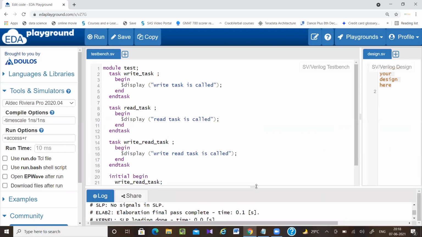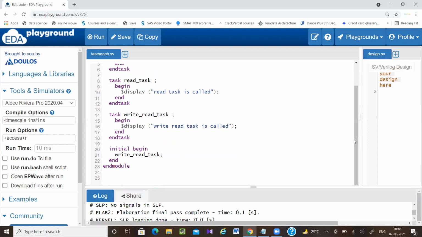Now again my requirement is that I just want to run another task and check whether it is working properly or not. So again I have to go into the code and call this task. Doing this every time takes much time, and sometimes you are only allowed to run the test case and check it; you are not allowed to go into the code and modify anything. In that case, what can we do? We can write the code using $test$plusargs, and in the run command I can pass or control the test.